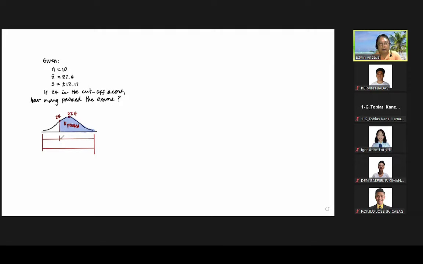Okay. We will label that as Z, the distance of the shaded area, Z. But this distance cannot be determined by the table because the table value is measured from the left, and that shaded area is measured from the right, so we cannot determine that from the table.